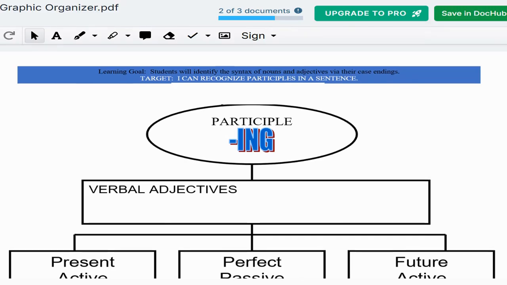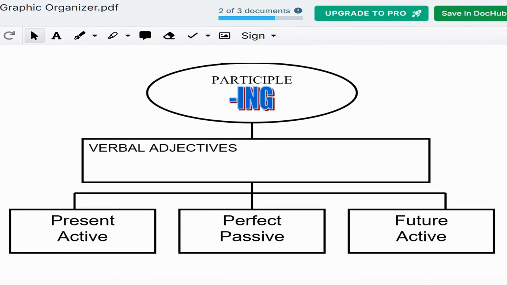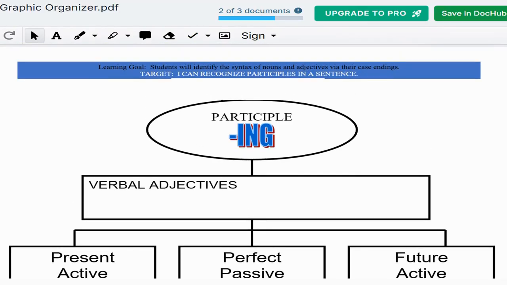Okay, so today we're going to be learning about participles. You can see here that the learning goal is students will identify the syntax of nouns and adjectives via their case endings. This falls under the category of understanding nouns and how they work in sentences. The thing about participles, though, is that participles are not just adjectives. Participles are verbal adjectives. The learning target for you, what I want you to be able to say at the end of our several lessons of practice, is I can recognize participles in a sentence